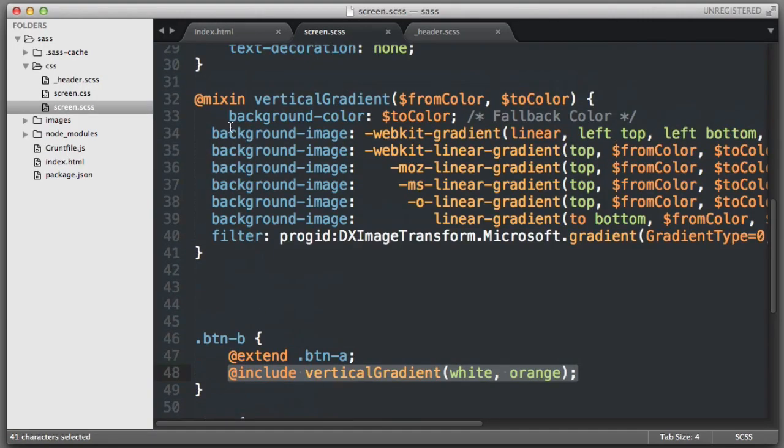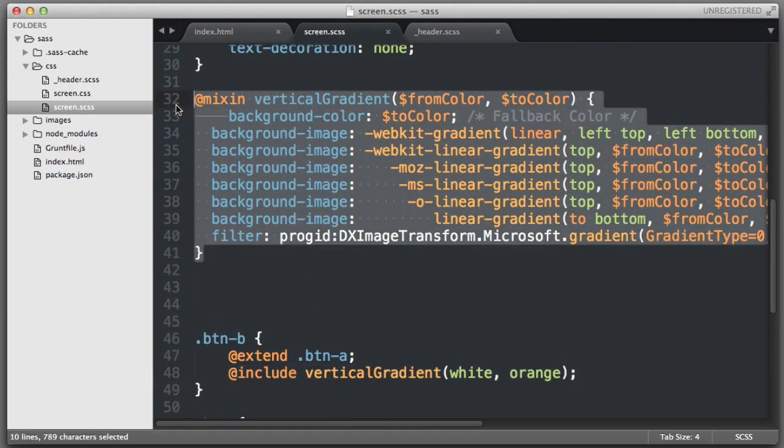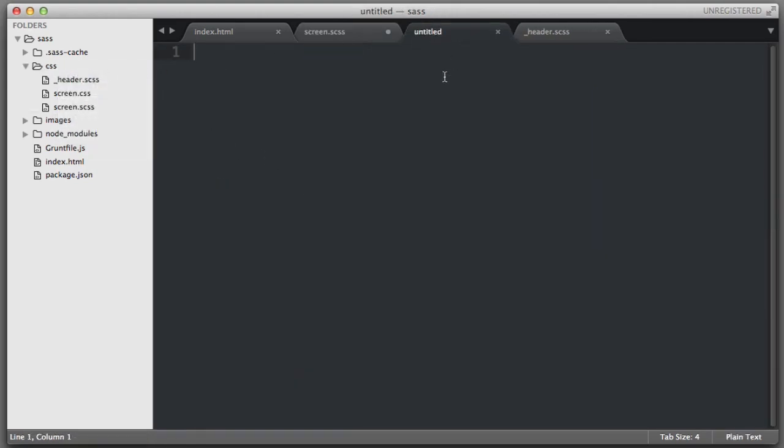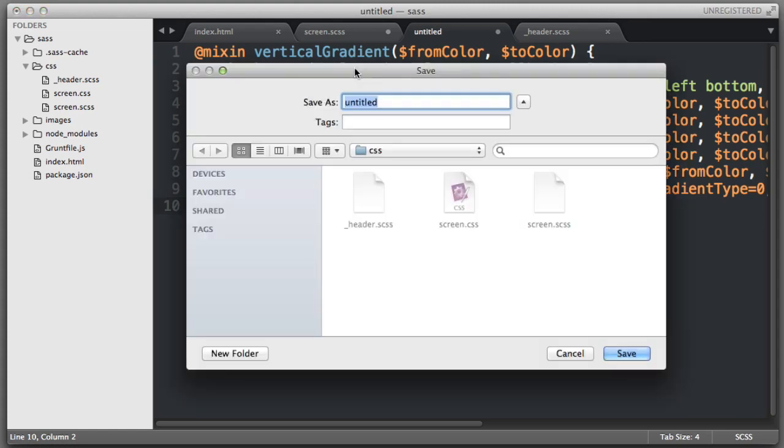We don't need to ever look at or revisit this mixin source code unless gradient syntax changes in major browsers. So we can reuse this mixin code in all of our website projects. And we can actually tuck it away in its own partial file and then import that. So I'm going to copy or cut this code. Let's create a new file in our CSS folder, paste in the code. Let's save this file as